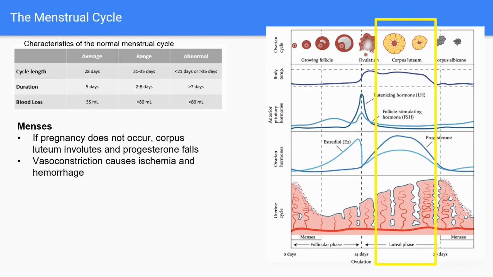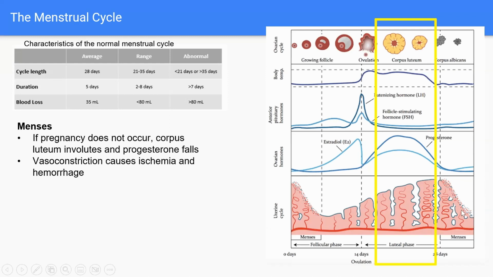Now, if implantation does not occur, progesterone is going to fall. And that fall in progesterone is telling the endometrium, hey, implantation did not occur, so we don't need to be preparing to carry a baby anymore. And what happens is that the endometrium sloughs off. And that sloughing off of the endometrium is what the menses is. That is what the bleeding is, okay? And then we just go through the cycle again and again.